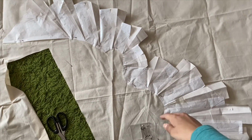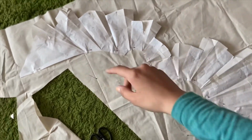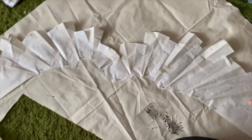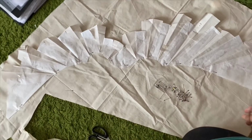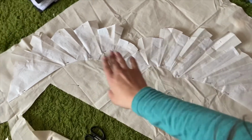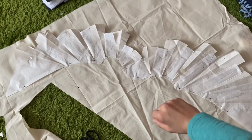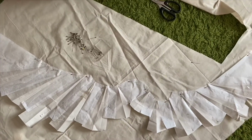All right, so what I've done is I've opened up the pattern along this piece of fabric. Okay, you guys see, and it should look like wings. 1, 2. If I lay it right there and turn it this way, you guys can see these are wings. Okay,